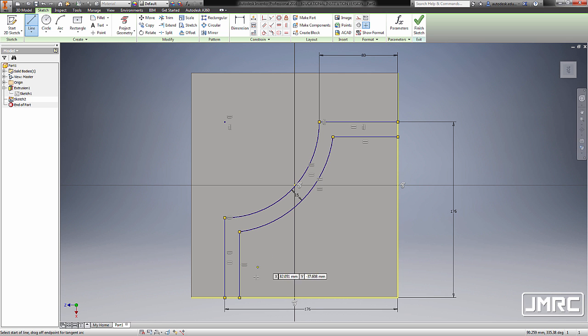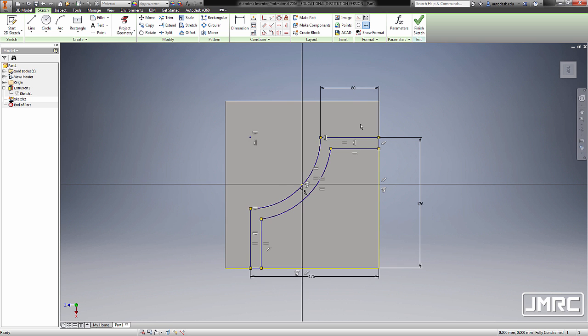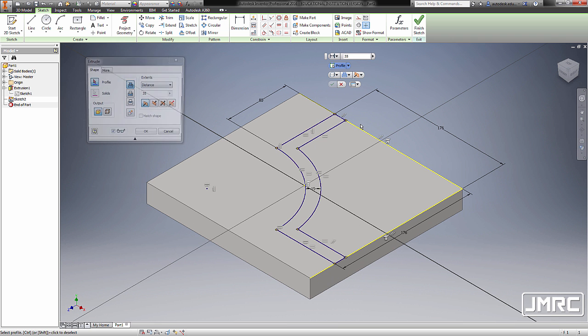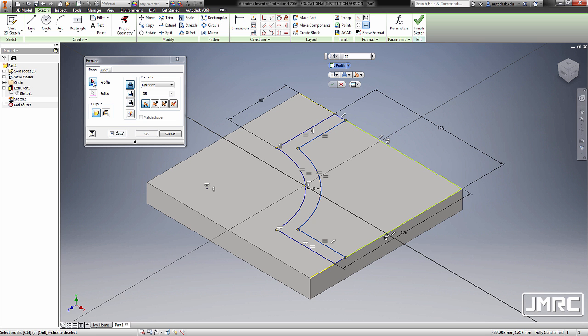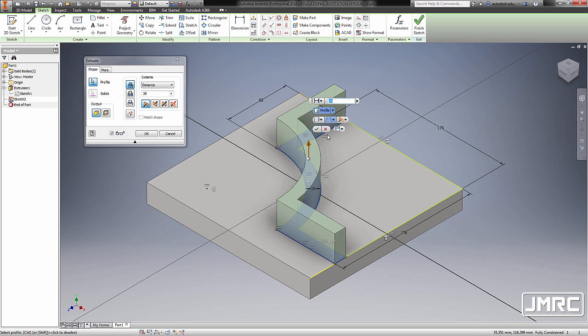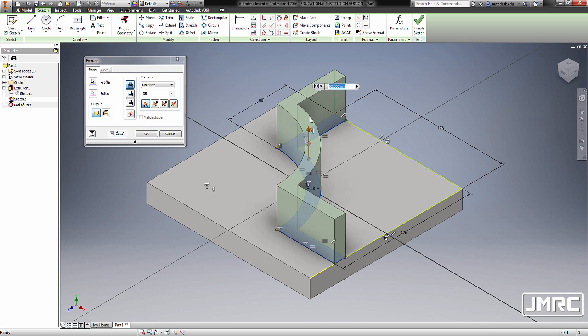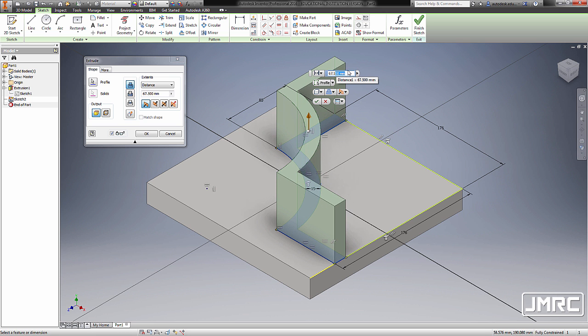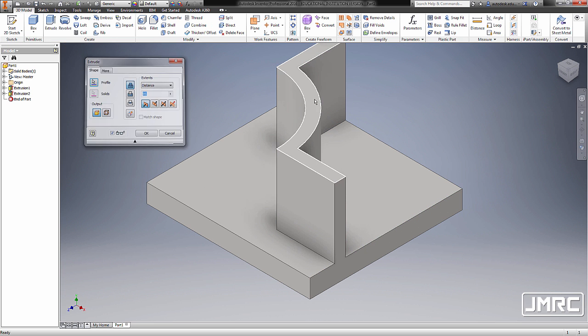I'm going to hit L for line, dropping our first point here, next point here, first point, second point, hitting escape. Now to verify if this is already a closed loop, I can hit E, the shortcut for extrude. Now we are prompted to select a profile. Selecting this profile, I'm going to grab this arrow up, or better yet, key in 95. Hitting the check mark